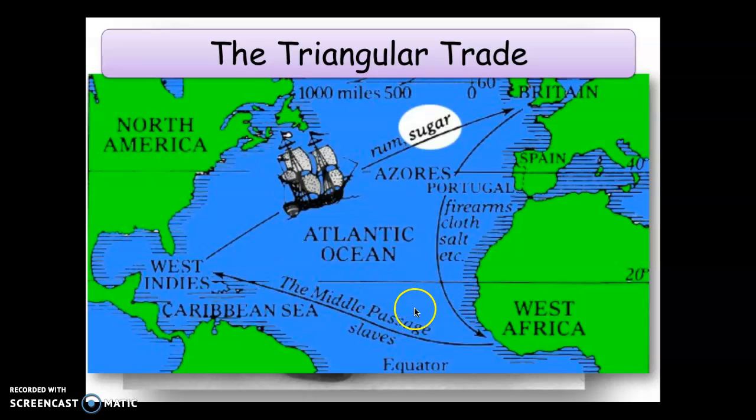And this area that goes from West Africa to the colonies is called the Middle Passage. The Middle Passage was the route taken by slaves, as you can see here on the chart. It was the most horrific part of the journey for slaves. They were packed essentially for all practical purposes, and not to be too